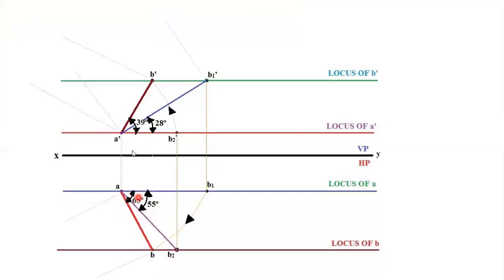The next step is dimensioning. You need to dimension front view, top view, and true line. So these are the extension lines. The extension line should be perpendicular, 90 degrees to the A dash B dash. So extension line should be perpendicular. It should be drawn with 2H pencil. That is good for all the lines. And dimensioning line should be drawn with your H pencil. And these are the dimensioning lines.